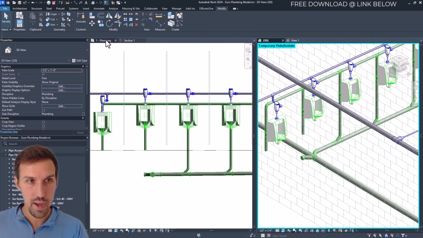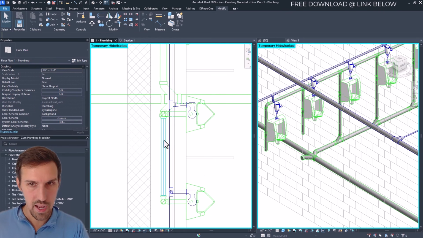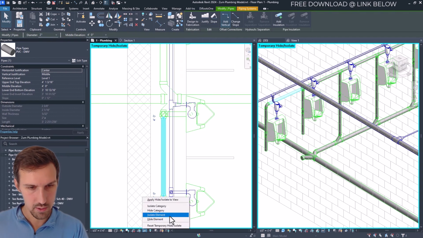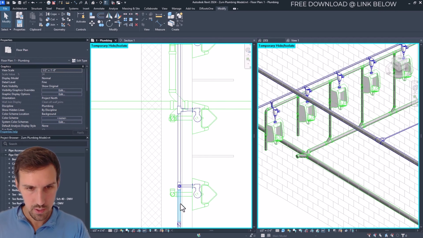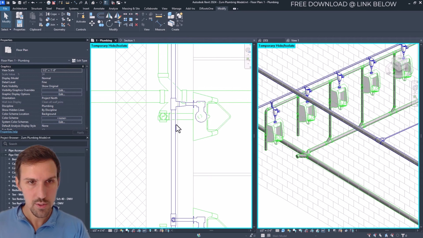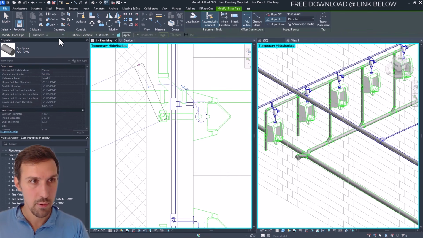And now we're going to go back to our floor plan. And again, we need to kind of hide this little vent pipe so we can see below it. So I'm going to right click or click on this little glasses, hide element. And then what we need to do is start drawing from this point right here. So I'm going to click on my double combination, right click, draw pipe, and we're going to start drawing with